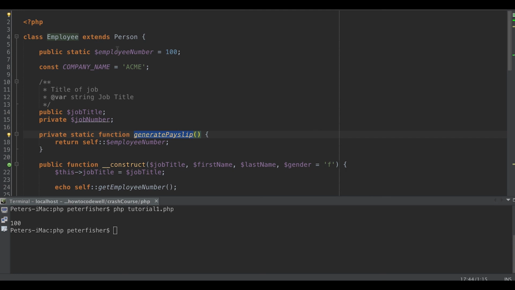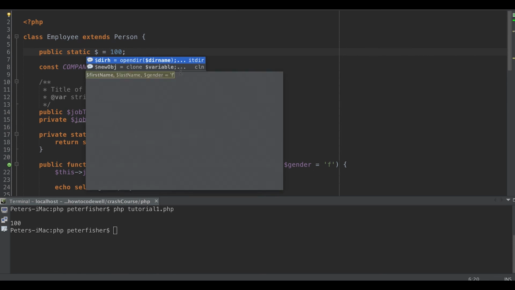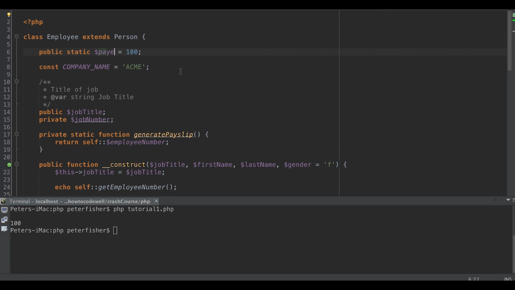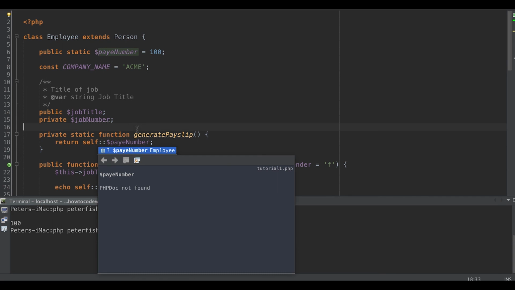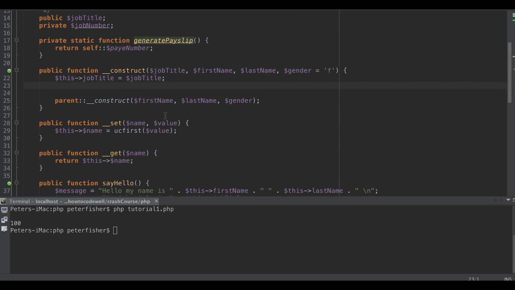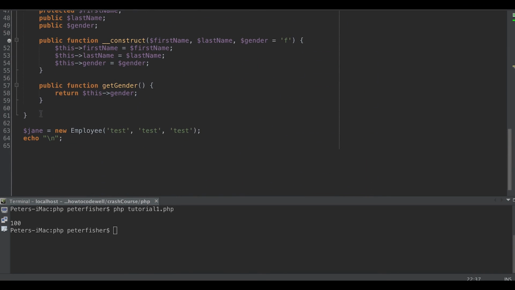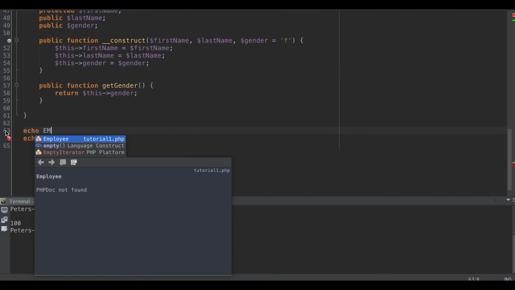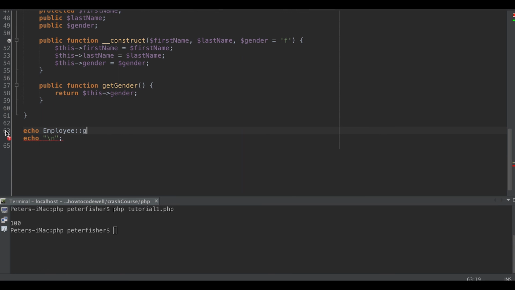And if I was to change that to something a little bit more user-friendly, let's say this was PAYE number, for example, and change that, then it makes a little bit more sense. So let's just change that. We're going to need to just remove that down here, scroll to the bottom here, and we're going to do an echo of employee, and it is,